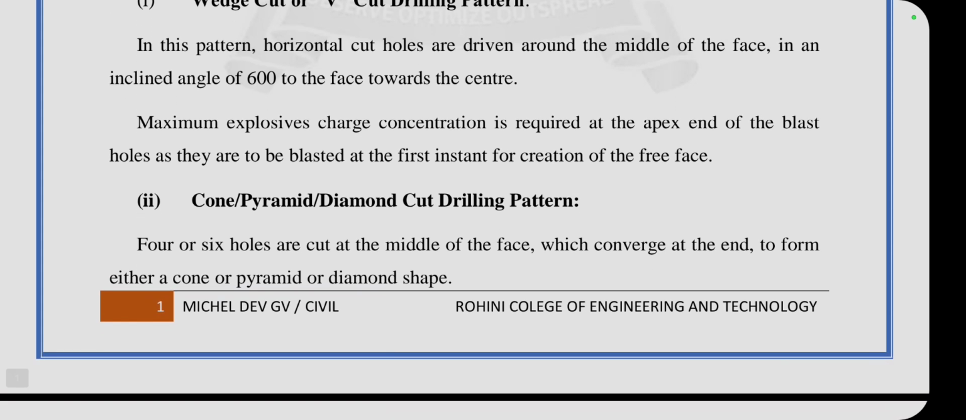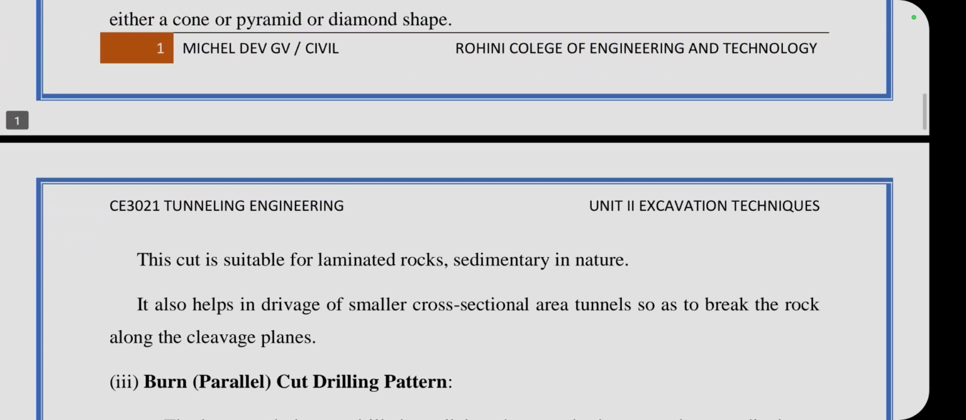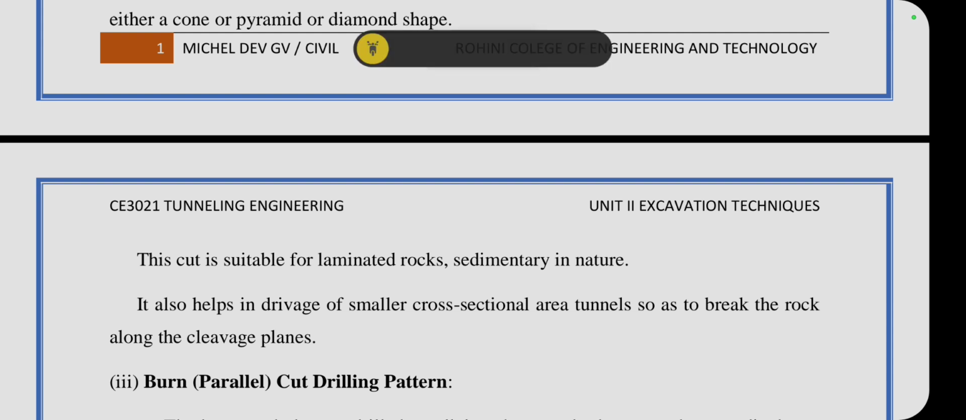The second is the cone or pyramid, otherwise called the diamond cut drilling pattern. Four or six holes are cut at the middle of the face, which converge at the end to form either a cone, pyramid or diamond shape. The cut is suitable for laminated rocks and sedimentary rocks. It also helps in drivage of tunnels of smaller cross-sectional areas, so as to break the rock